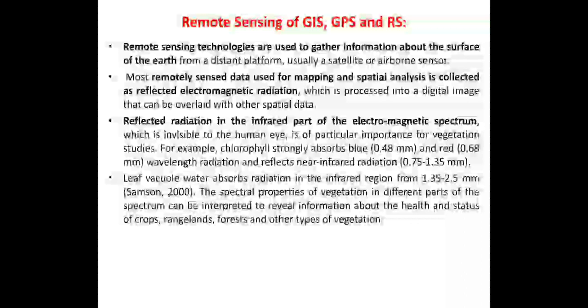Also, the spatial analysis is collected with respect to electromagnetic radiation; the reflected electromagnetic radiation is the major source of remote sensing. With the help of the sun, or the radiation or illumination of energy, we can receive the data. Whatever objects are available on the earth, the information is collected directly by the satellite. Then the satellite processes this data with the help of images and graphical presentations,